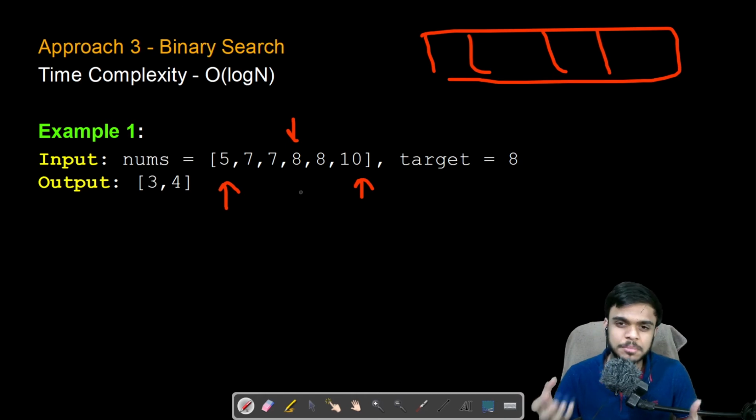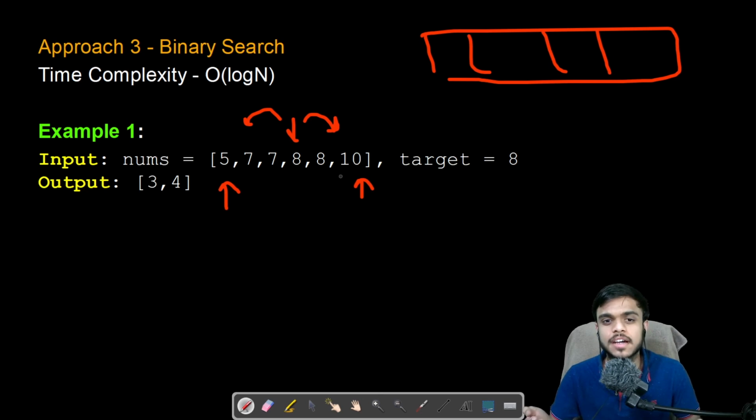After the mid is calculated, we compare the mid's value with the target value. If the target is greater than the mid, then we check the second half of the vector and neglect the first half. And if the target is less than the mid, we check the first half of the vector and neglect the second half. And we go on proceeding further in a similar fashion.